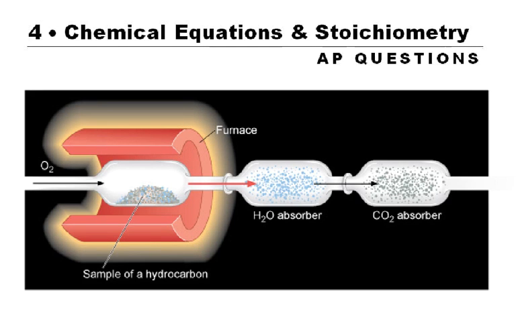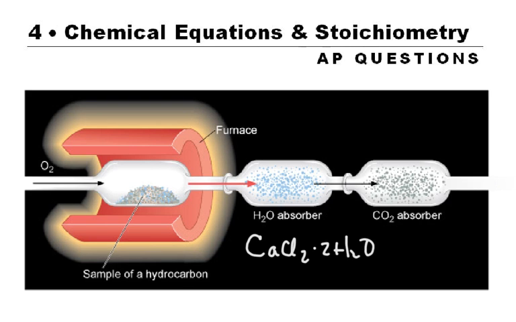We're going to look at a couple of the practice AP questions for Chapter 4, and specifically the ones that have to do with chemical analysis. Notice that I have a picture showing how this chemical analysis is done. We would have something like an H2O absorber, and that might be something like